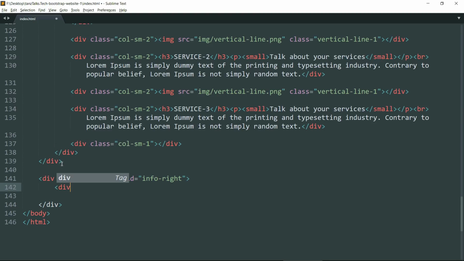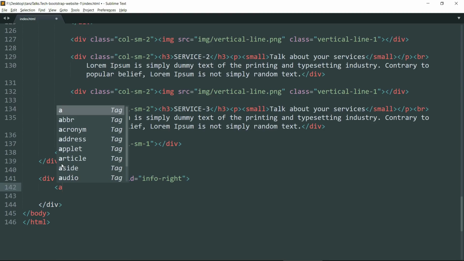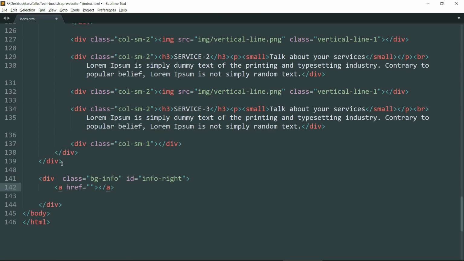Now create an a tag, reference it to, let's just give a hash sign. We don't want to go anywhere right now, we don't have the pages ready. Give it a class of bg-info-link, and let's write the text, see all the services.